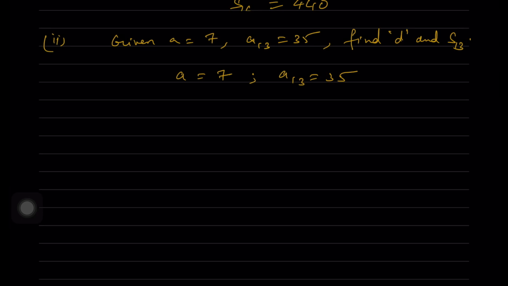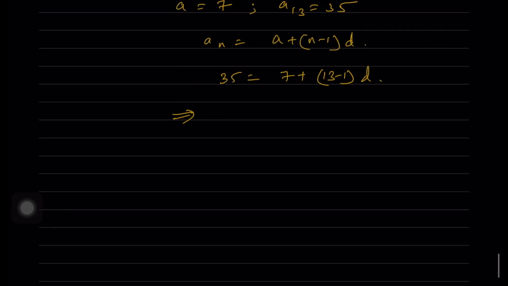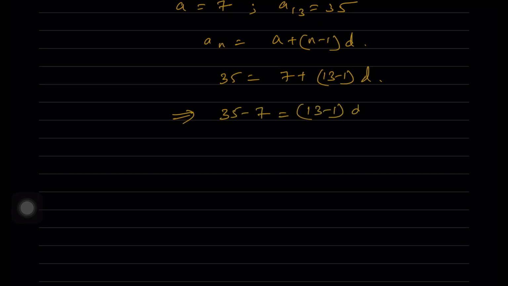So we'll put it in this formula and see what we are going to get. So An is equal to A plus n minus 1 into D. N is equal to 13 because A13 is given to us. So therefore 35 is equal to 7 plus 13 minus 1 into D. So which implies that 35 minus 7 is equal to 13 minus 1 into D,